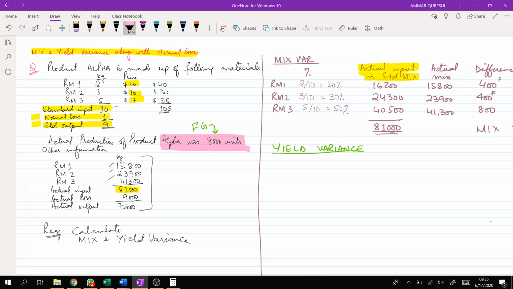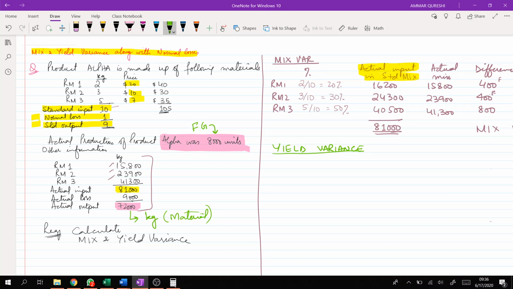And there is another type of output which is these 72,000 kilograms. That means this is output in terms of material. You can relate it with this, like for example, one packet of flour is of 5 kilograms, right? So if I say that I have 10 packets of flour, or if I am saying that I am having 50 kilograms of flour, both mean the same. But the way of calculating yield variance in both types of output is different.